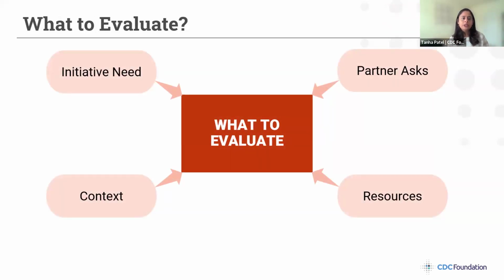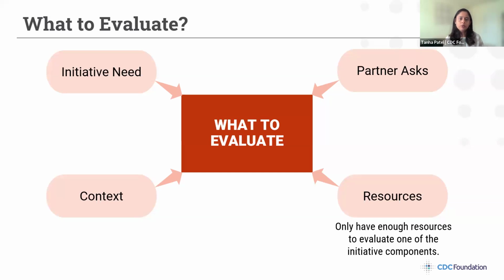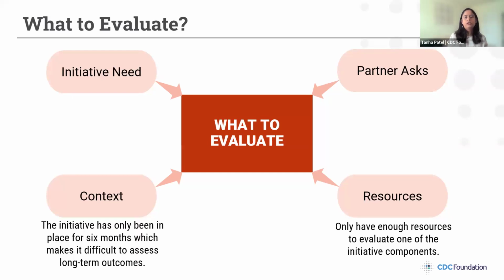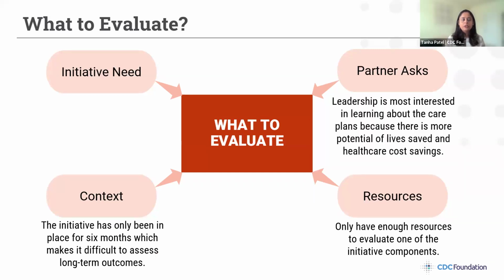So for our hypertension initiative, we know that we only have enough resources to evaluate one of the initiative components. We know that the initiative has only been in place 6 months, so it'll be hard to see any long-term outcomes of the work. So this is suggesting that we probably want to do either a formative evaluation or a process evaluation. We also know that the leadership is really interested in this initiative because effective implementation of care plans